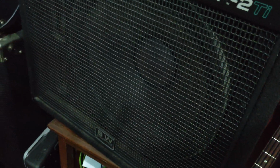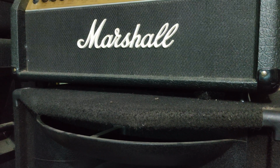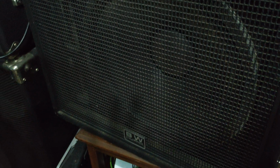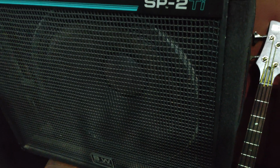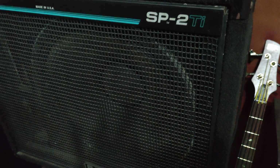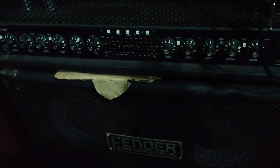There's another one. This is a PV SP2. This is for singing. The one on top is a Marshall guitar amp. This one is a PV, and this is also very, very important for a band. When you're singing, you need these. So we've got two of them. And this is another one. The bass amp is a Fender,